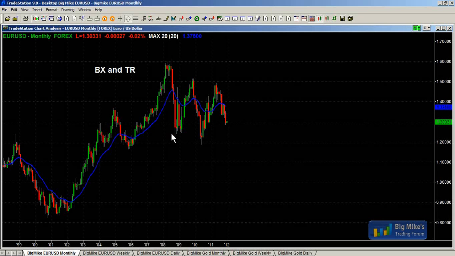And I said it back at the time that I thought big up, big down meant big confusion and trading range. And we've been in a trading range now for about 4 years. So what's going on in a trading range? To me, buy low, sell high, scalp. I don't care what they say in Money in Motion. To me, we're near the bottom of a trading range on the monthly chart. So to me, we're in an area where I'd rather be looking to buy than to sell on the euro.